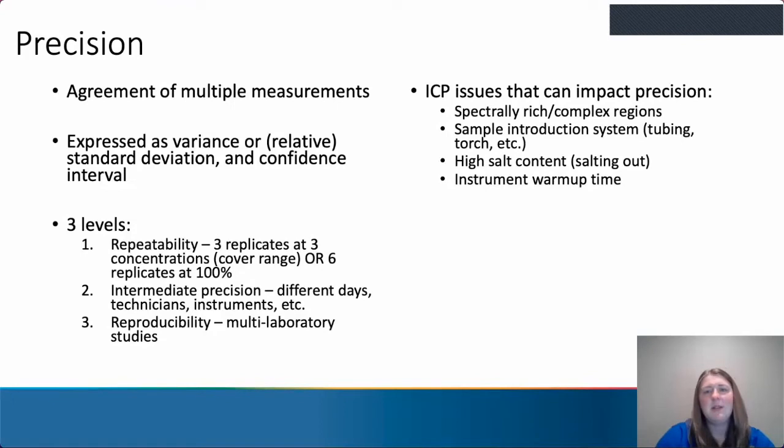So this is where the fit for purpose idea can be applied. Do you have more than one lab? Do you have more than one instrument? Is there more than one technician running this? So answers to these questions will help you determine which of these levels is the most appropriate for your method